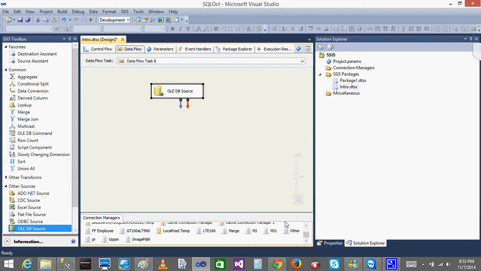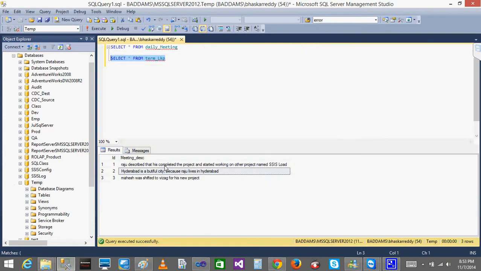Now if I want whichever records have the word Hyderabad and the name Raju, I want to send that data to my manager. So how do I find them? Because normally when we use equal, you can get only one record. Equal means you need to write the entire description. But wherever I have the name Raju in the description, I want to get that entire record. Wherever I have Hyderabad, I want the entire record.